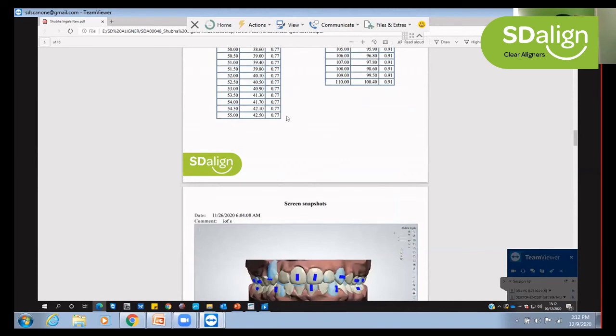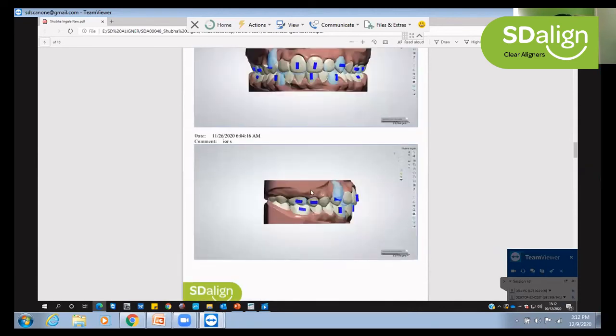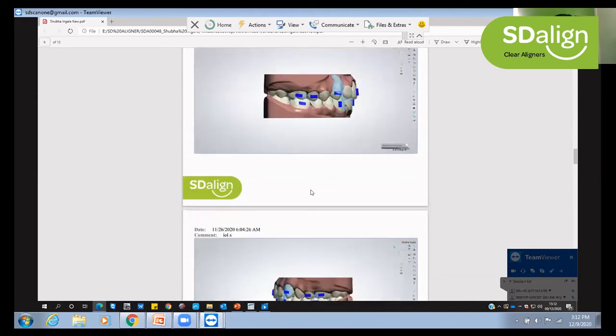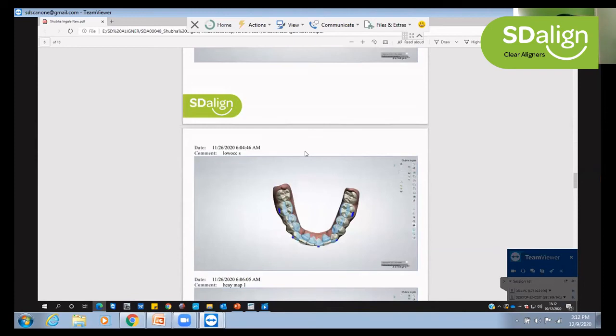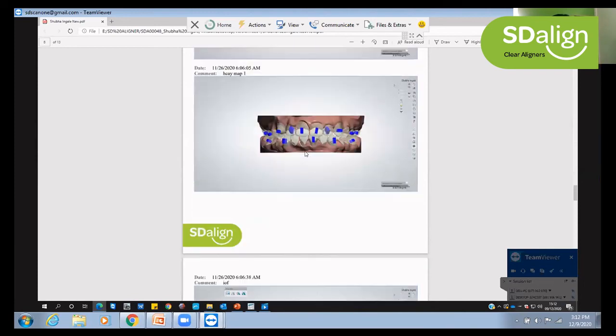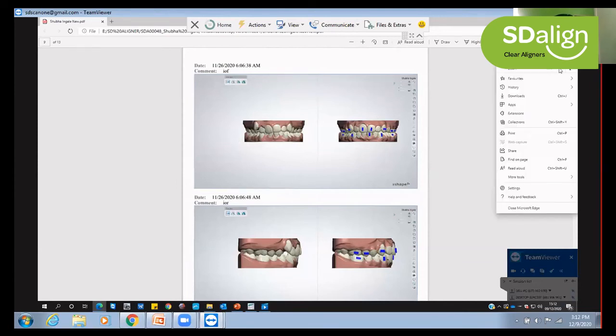Now I just showed you the various views that we share: the pre-treatment front and superimposition left view, then the right view, then the occlusal view, and the lower occlusal view. So that also gives you an idea of what would be the total correction. Then we also share the heat map where we show the tightness of each contact. Then we show the side-by-side view of pre and post correction. I'll just zoom in so that you are able to see it properly.